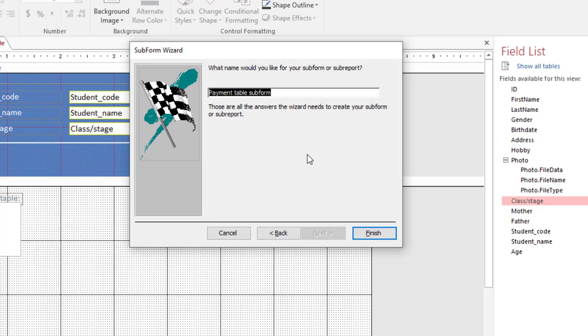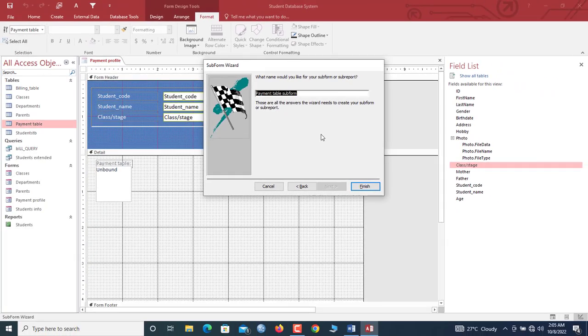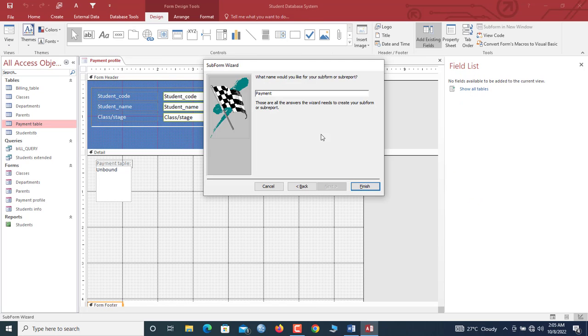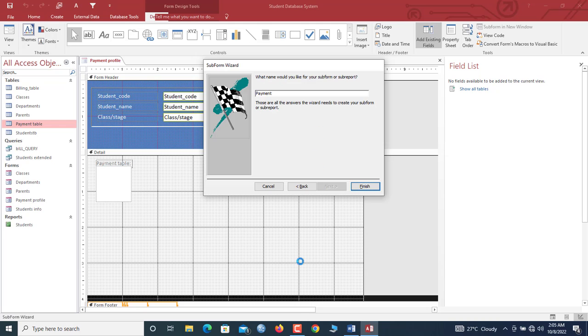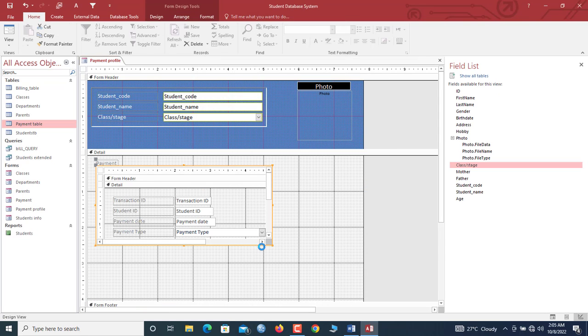So now we go to next. What name do we want to give? Say transaction or payments. Payments. So now let's wait a couple of moments for Microsoft Access to complete the process. Good. So guys, now we are done. We have a datasheet here. So now let's say payment